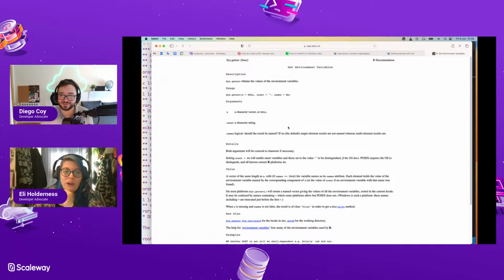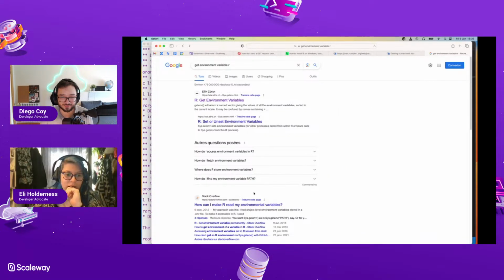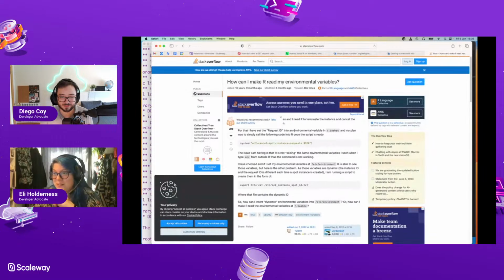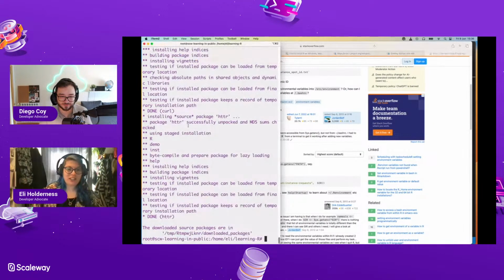A character vector or NULL? Logical, should the result be named? What? Give me some examples. So let's getenv. Using the dlist print method. Okay, this is not helpful to me. From what I can see, it says getenv, and then you pass in the name of the variable. Yeah, cool, good. Let's try that.